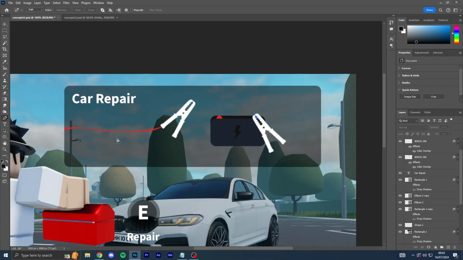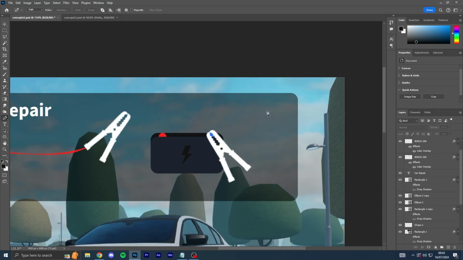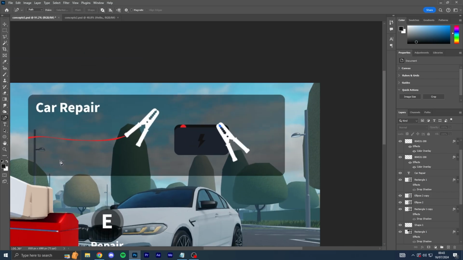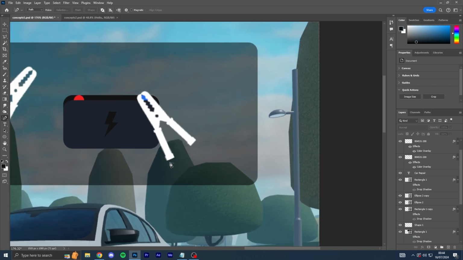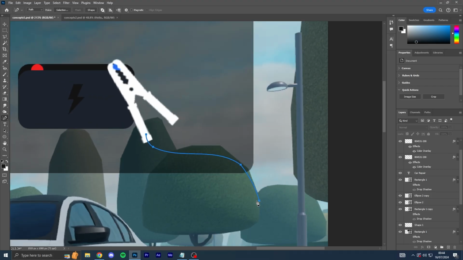You've got your cable. I just drew, with the pen tool, a cable coming into the tool here. And then I'm going to have one on the other side just to show that you can move them around. I'll probably put something up here, like drag to move. And obviously I've got to put a line for this one, so I'll do a free draw. Boom, and come back around. There we go. That might be a little thick.